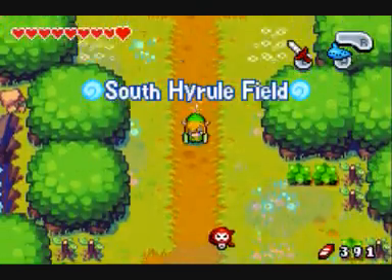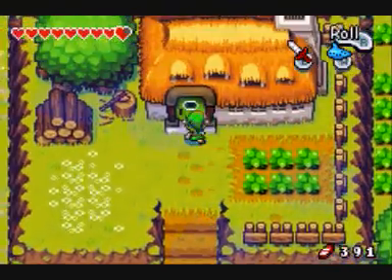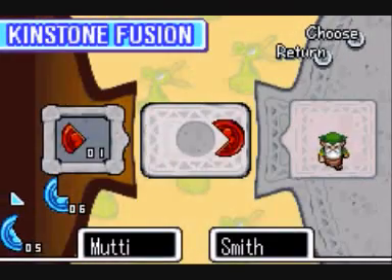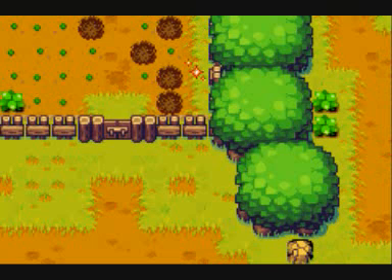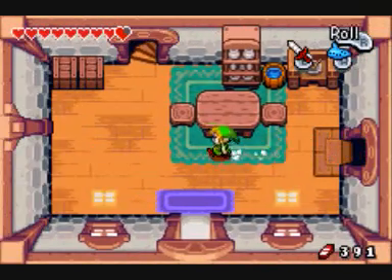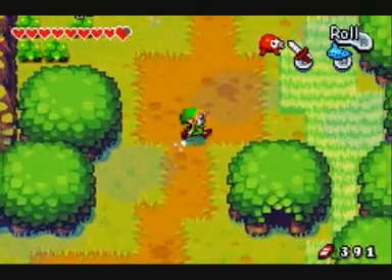But first off, we are getting a bottle from Grandpa Smith, and then we are going to fuse with Tingle. Now, I don't know how you guys were introduced to Tingle in the series, but for me, it was in Four Sword Adventures,